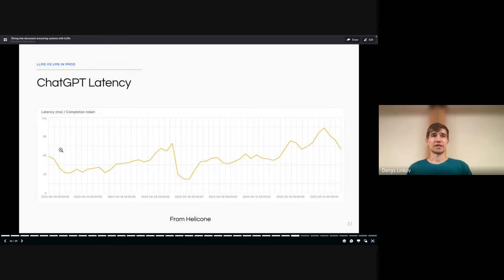There's also this question of latency, right? If you're asking a knowledge base or any chatbot for something and it takes too long, you're just going to walk away. It's just annoying. You see that little bubble that's animated in, right? So we have to make sure that the latency matches. And this is a quick diagram from Helicone tracking ChatGPT's latency. You can see it has quite a bit of fluctuation, which is fairly challenging when you're trying to use that LLM for your use case.